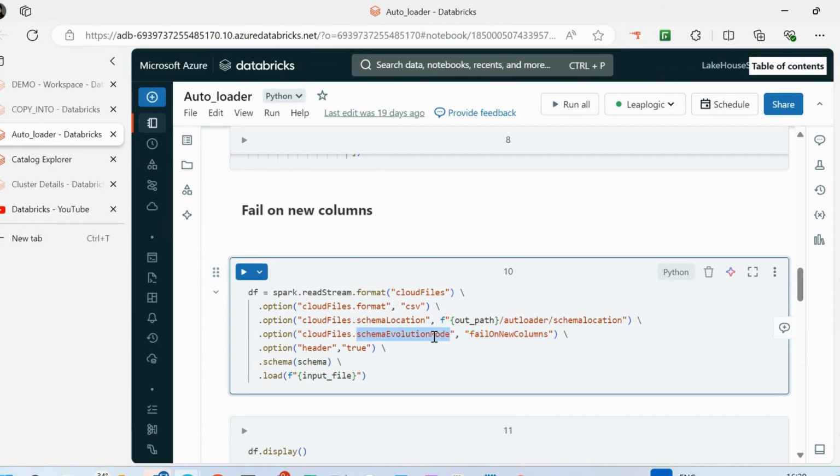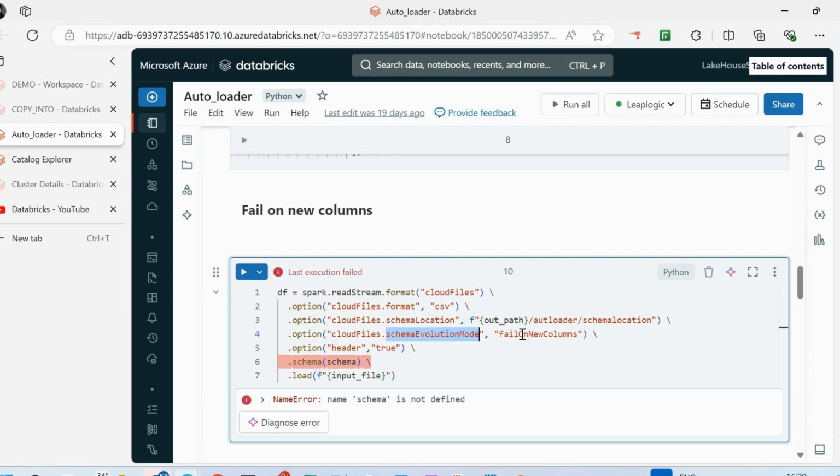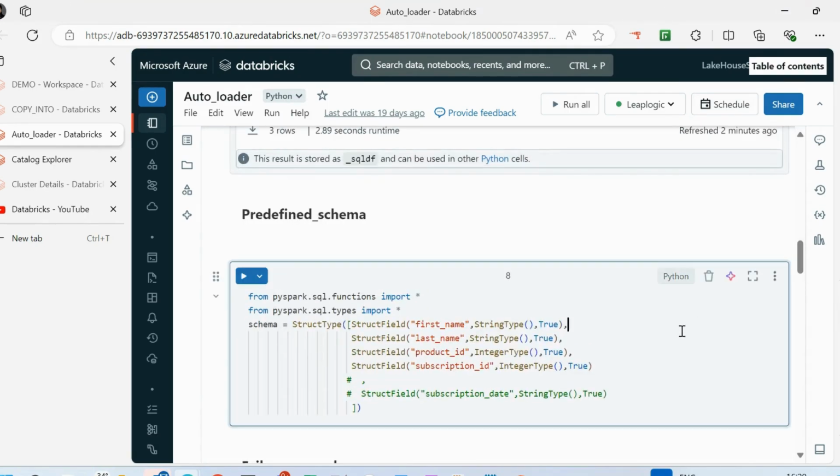I can put other schema evolution modes as well, like rescue mode. In that case, it's going to track exactly what data is not matching my table. So let me run this. This command should fail because I have my schema defined here. Let me run the schema first.